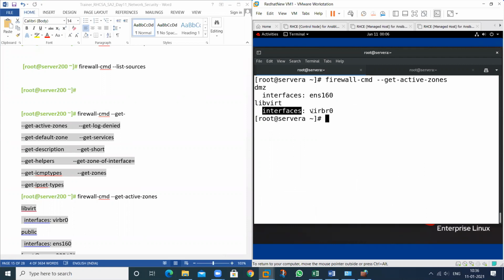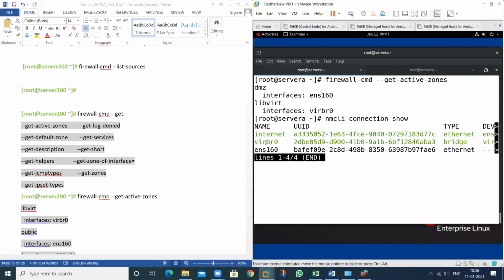So this is my interface, a virtual interface. If you want to check all the interfaces, you can use this particular command, nmcli connection show. So this is my virtual interface that is allowed for libvirt functionality. So this is also a different one.